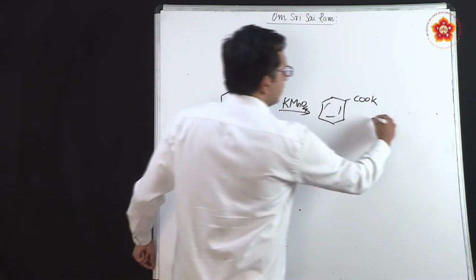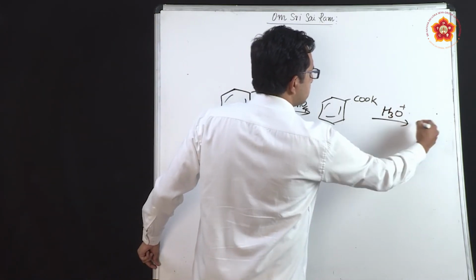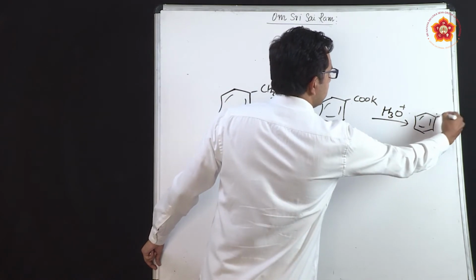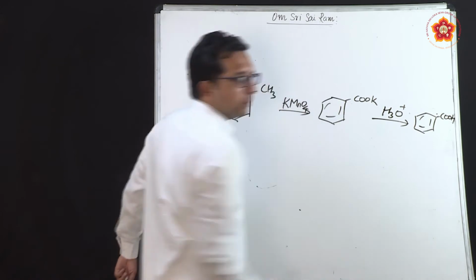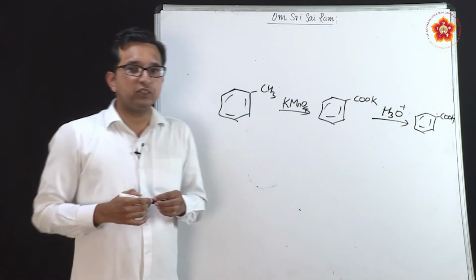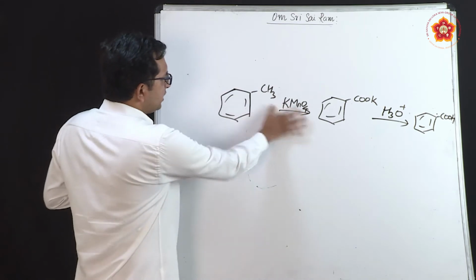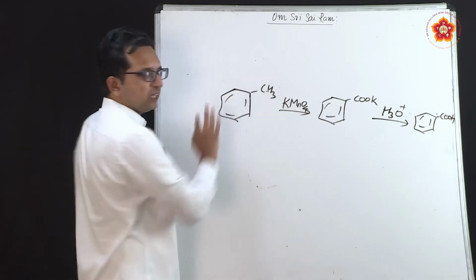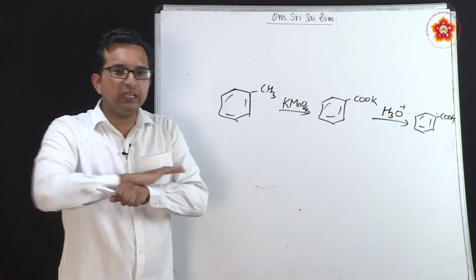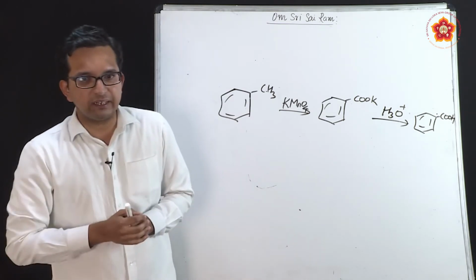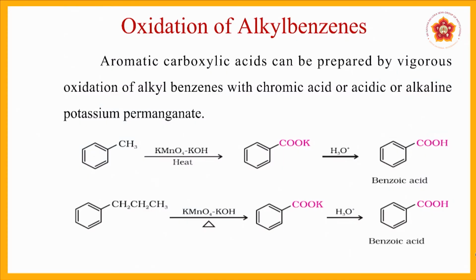This again on further hydrolysis, we can show it as H3O plus, we can directly get the carbonyl compounds here, which is benzoic acid. Now please understand that there is one aspect here where the oxidation happens to the carbon present just beside the benzene ring. Does not matter how many carbon atoms are there. That is what you see in the reaction, that in the second example after toluene, you see that there is actually propyl benzene which is given. And if you see the final products in both the reactions, it is showing to be the same, where methyl benzene is also giving you benzoic acid, propyl benzene is also giving you benzoic acid.